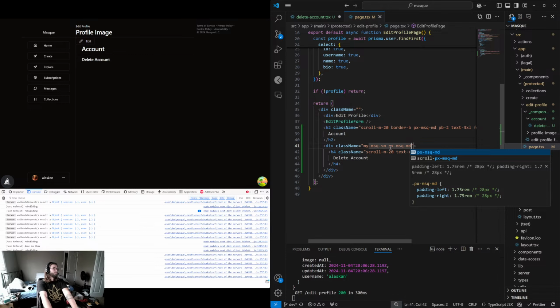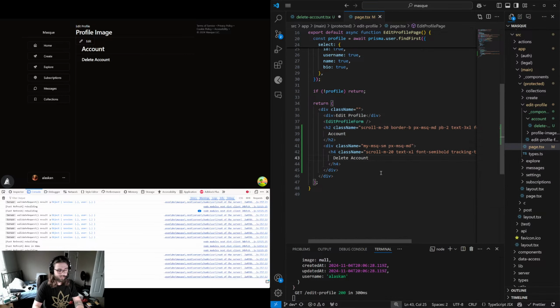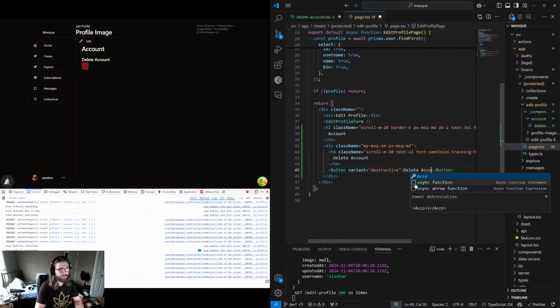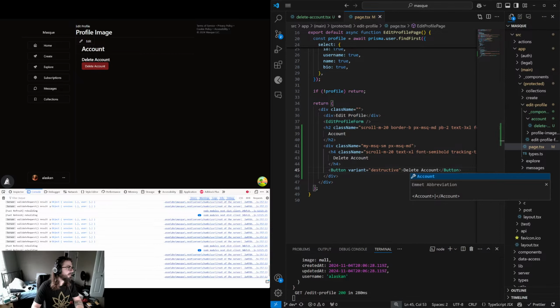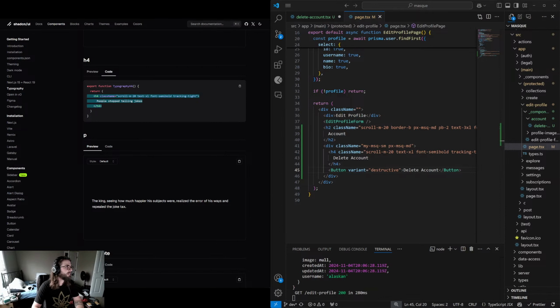So I haven't really thought at all what the best way of doing this is, but I know that I want to have a button that says delete account or something like that. And so let's go ahead and let's do variant destructive, and we'll say delete account, and you click that button, and then we'll get a popover,